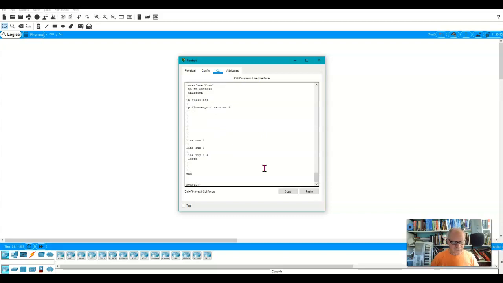So this is the part to remember, that startup config is NVRAM, running config is in RAM. And when you first start the machine, ROM is copied into running config, and then once you save it to startup config, then the next time you start the machine, it will look first to see if there is a startup config, and if there is one in NVRAM, it will load that instead of what's in ROM. And there you have it. Those are the parts of memory.